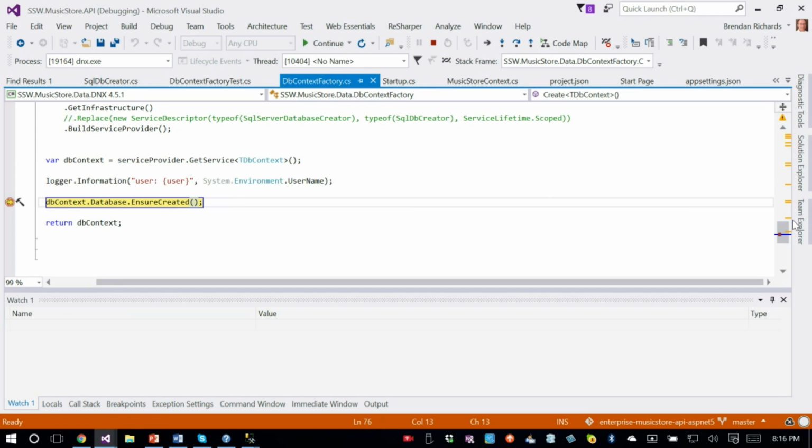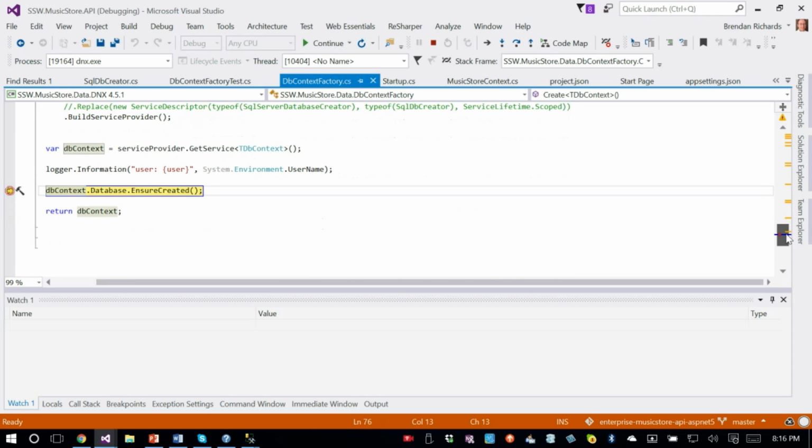Okay, so I tracked down, stepped through my own code until I got to this line, dbContext.Database.EnsureCreated. This is something you can run pretty much at startup to make sure that your database is created. Obviously, if you're not managing your database from your code and manage it somewhere else, you wouldn't bother doing that. You might just check it. There isn't a function here that actually checks the state of your database and just says, are you up to date? Die if you're not. So I think that's something we do need to have added. If you're not managing your migrations from the code, you should be able to just check it and die if it's not up to date. So that's a feature I'd like to see.